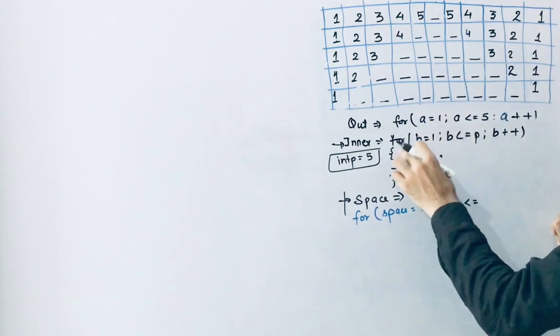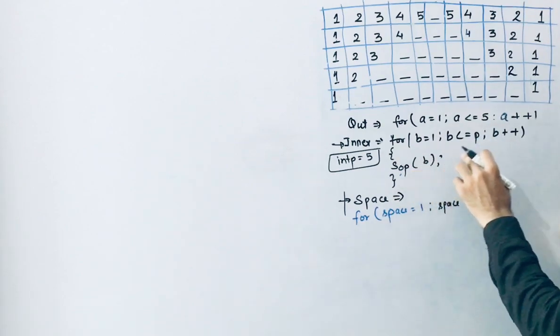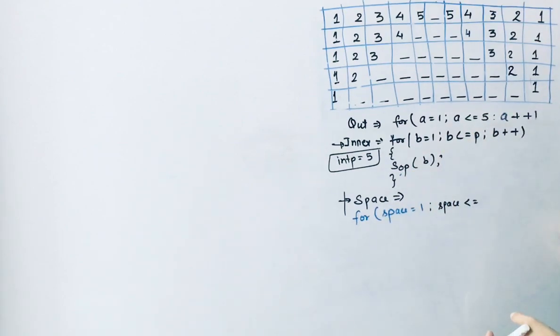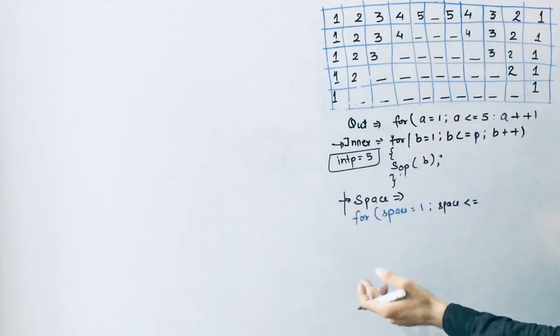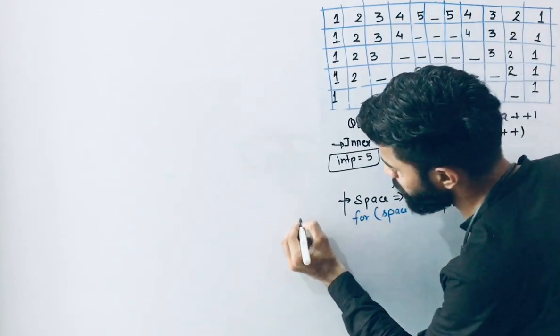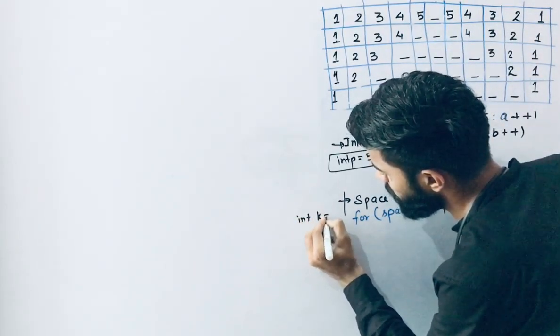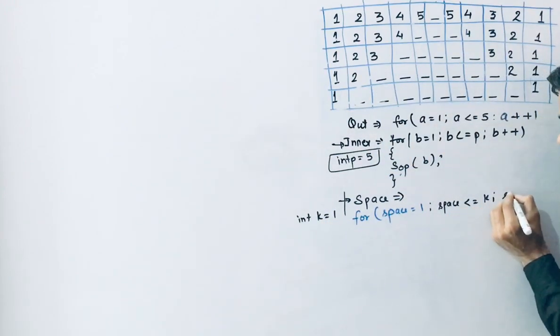Because for this condition we wrote b is less than or equal to p, where we are writing b plus plus, and then it runs completely. So now for printing space, first time it prints 1 time, in the second loop it prints 3 times. So at this time I am going to write here int k equal to 1, and space is less than or equal to k, and then space